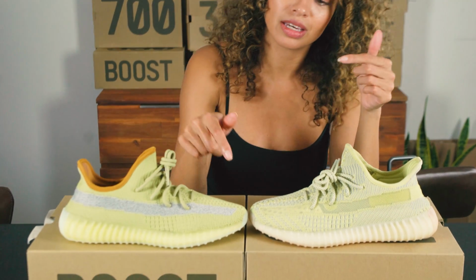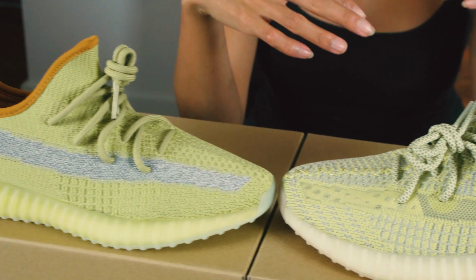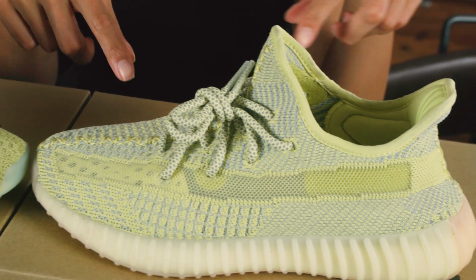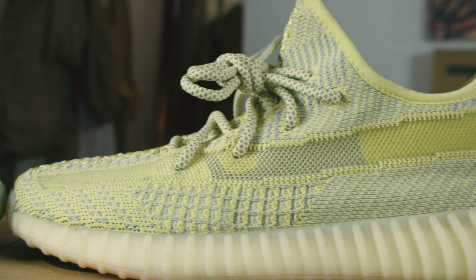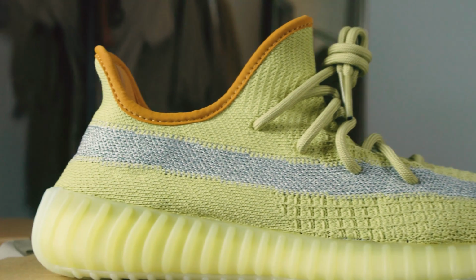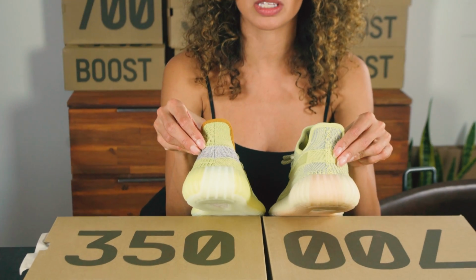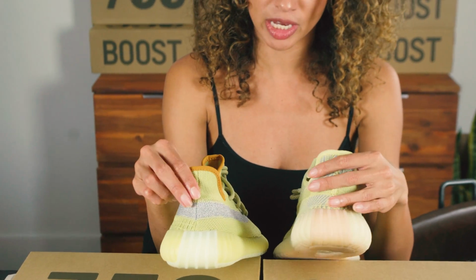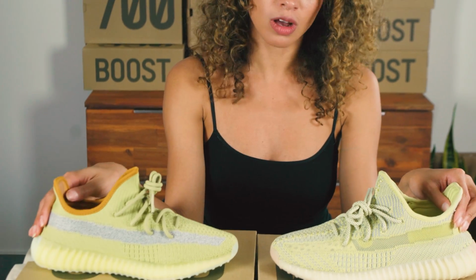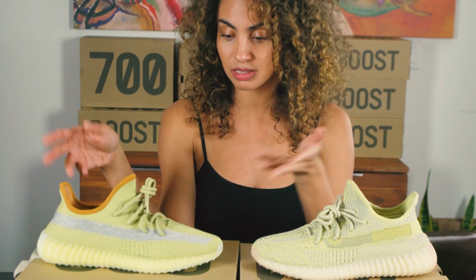As I look closer at the Antlias and the Marshes, it literally looks like they took this reflective strip and just spat it all over the Antlia and put all the different reflectives and sewed it in different areas of the shoe. Kind of the same shoe. Interesting. I will say though, the bottom of the sole is a different yellow. This one is kind of more of like a translucent clear. Also in the back, we have the different colors here. Different mix up of shades, but overall, I don't see too many major differences, except that this is kind of like this